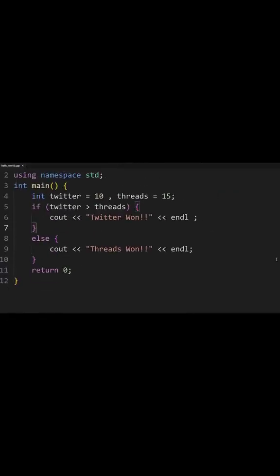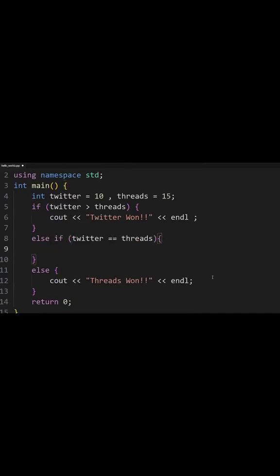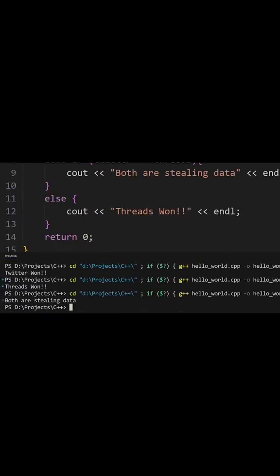By adding multiple conditions using the else if keyword, we can handle various cases. For example, if Twitter is equal to threads, we can print both are stealing data. Let's equal these values, and now both are stealing data is printed in our